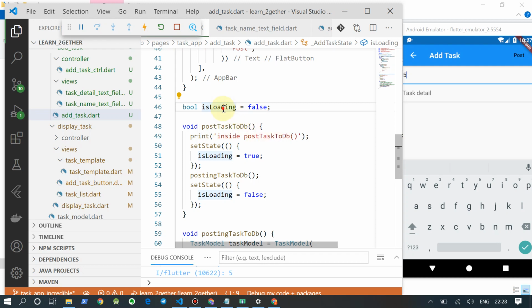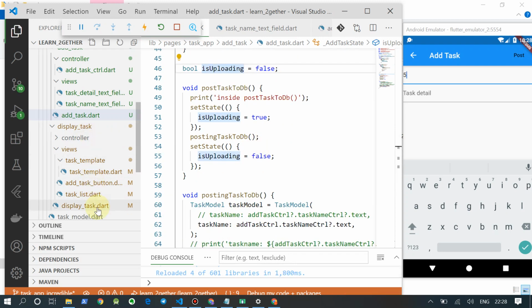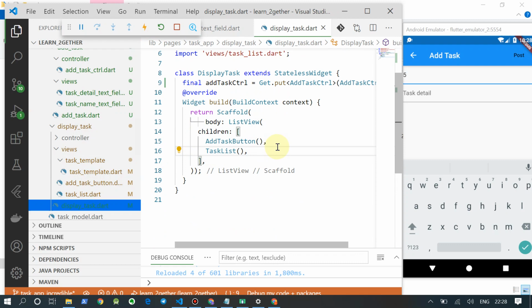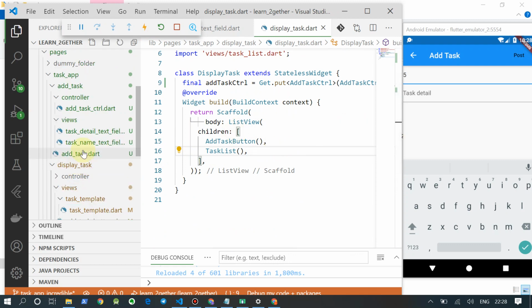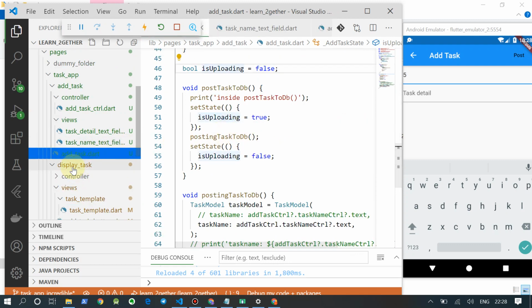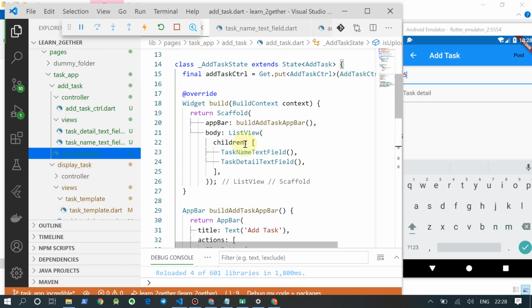Uploading, press enter. Fine. So is uploading was true, and now in display task, in add task only we have to check. Yeah. So in here only, if you display these things, if it is being uploaded, we will show a progress bar in that time, right?